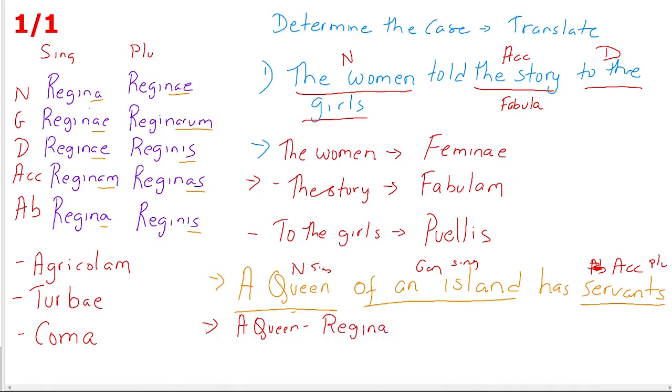Then of an island, okay, so insula is the noun for island, nominative singular. What would be genitive singular? Insulae. And accusative plural of serva, servants, would be